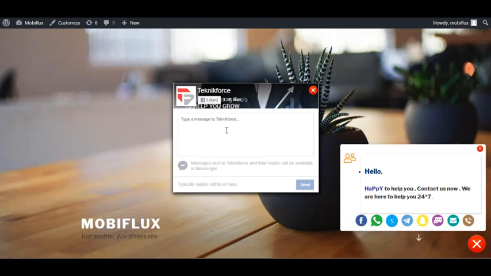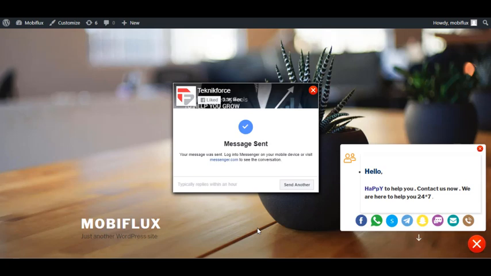To send out a message, all I have to do is type in my message in this field, and then click on send. As you can see, it is now showing that our message has successfully been sent. If you want to send another Facebook message, click on send another, or